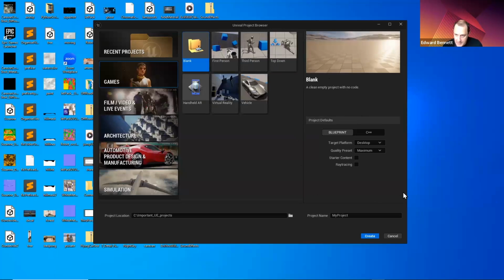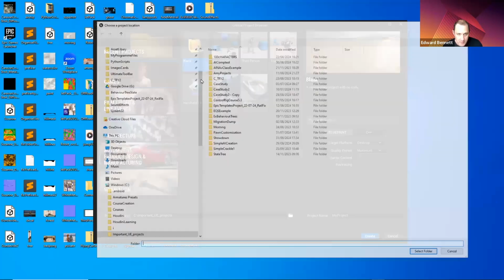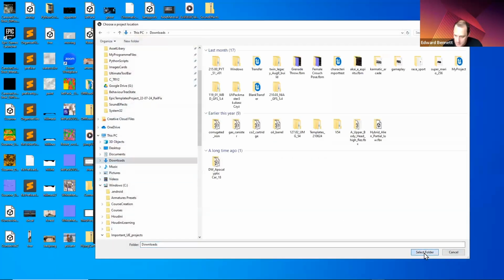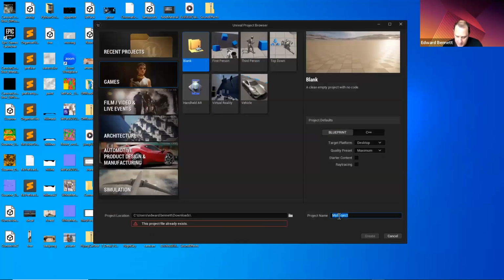Anyway, we start off at the bottom. I'm going to use just my download folder because I know that it is deletable at that point, and I'm going to call this intro. This is where you want the project to be placed and the project name, such as introduction here. Ideally, it's good to have the project itself on a relatively fast hard drive because it's going to be loading stuff in and out of memory quite a lot. So you want an SSD ideally, or something quite good,